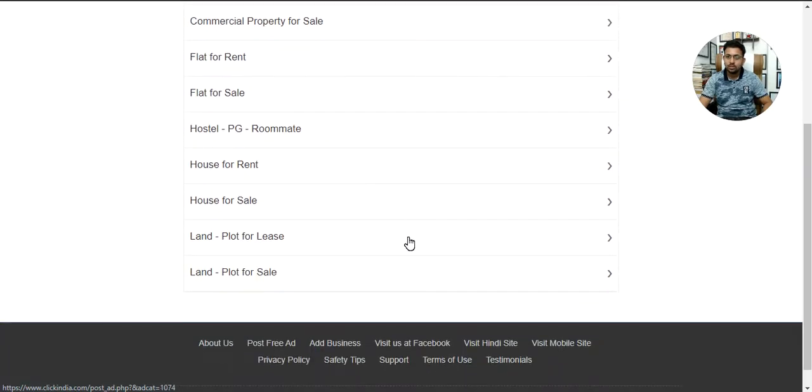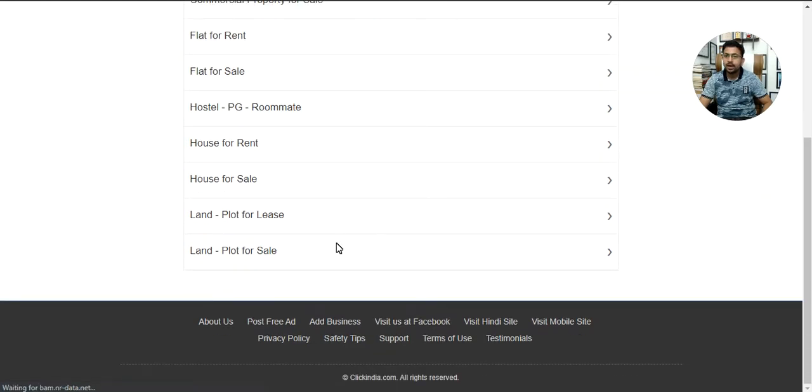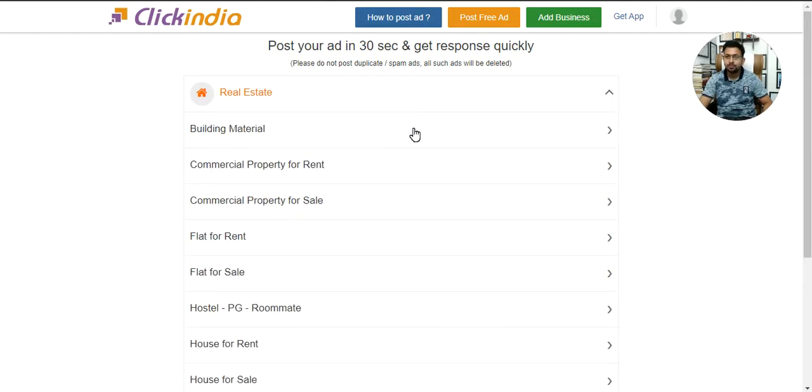Beginners or freshers might get confused because of multiple options here. I'll continue with the land deal because earlier we have covered commercial and residential, and now we'll go for the land plot sale. So you will get an idea how you can post multiple properties with these classifieds.